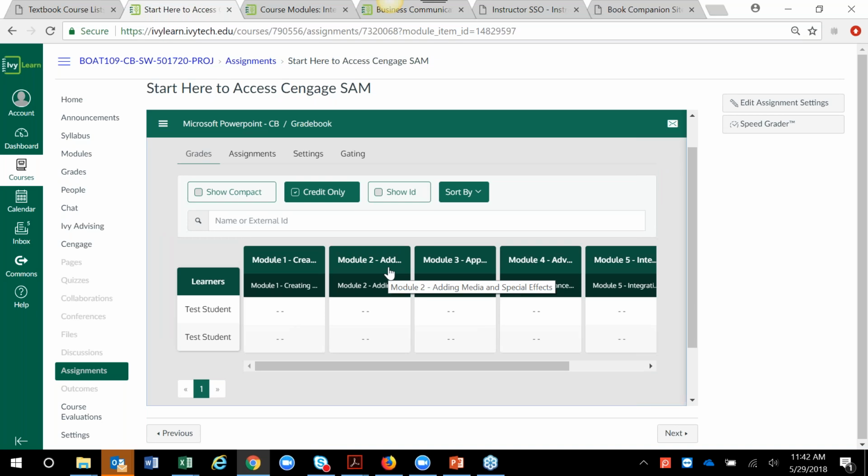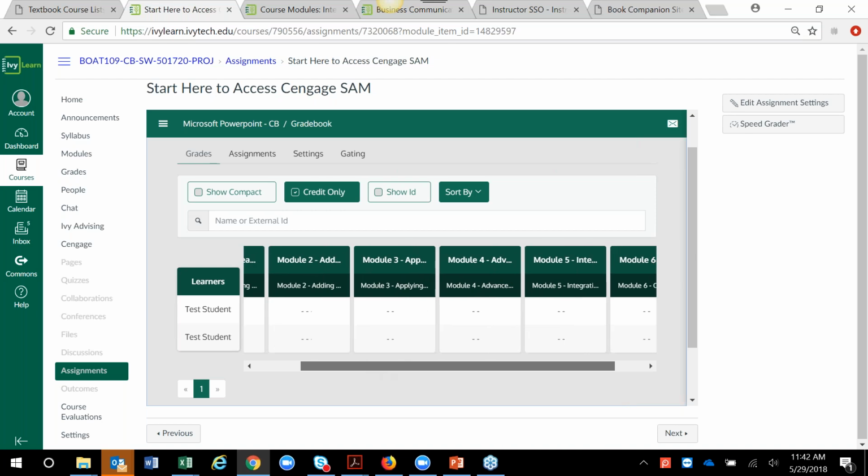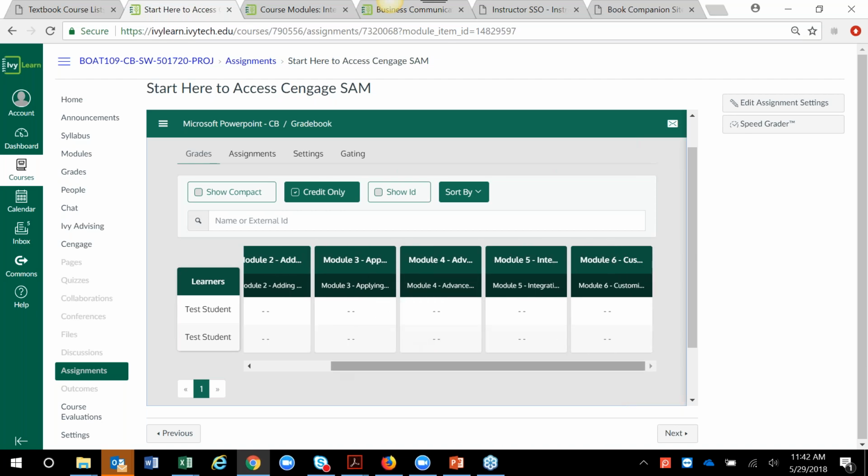So for the automatically graded assignments, those grades are going to come for the student automatically into the module grade books. And this grade book here for the Cengage Learning Objects or SAM content is totally different from the grade book within Ivylearn. So if you do have a student who says, I got an 80% on module 2, you can always come out here to this grade book to view your student's total grade for that module to see if indeed a grade did show up,